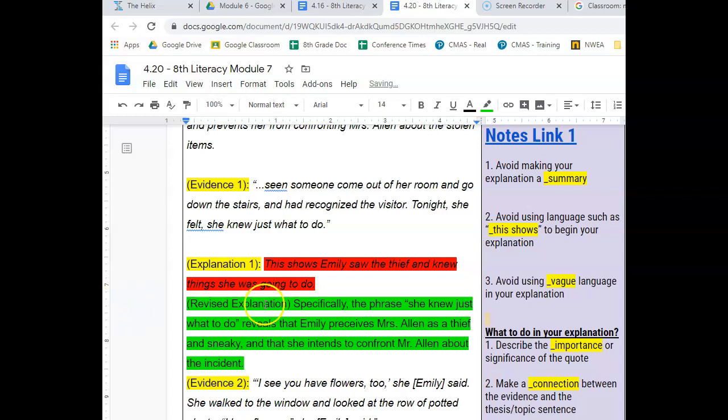Alright, so now I have not only talked about the importance of this phrase specifically, right, but I've also